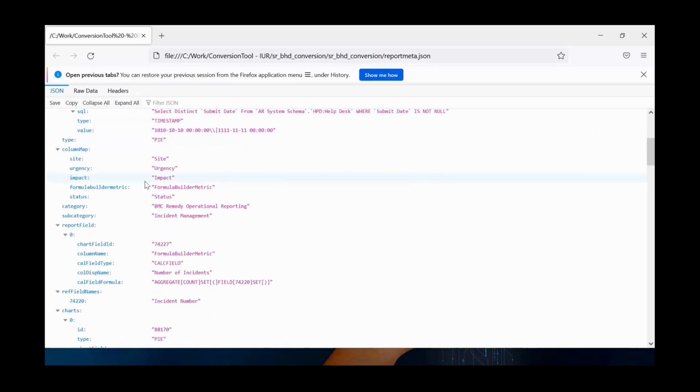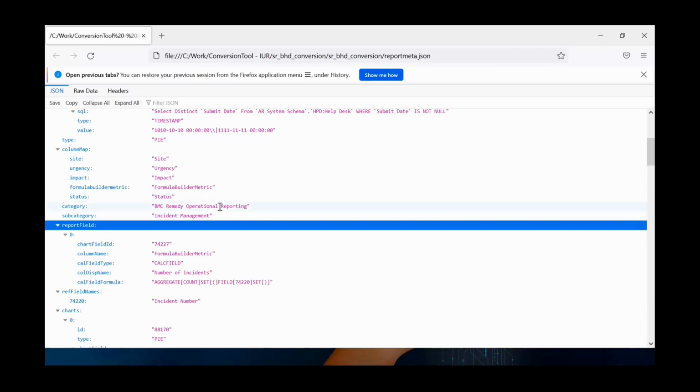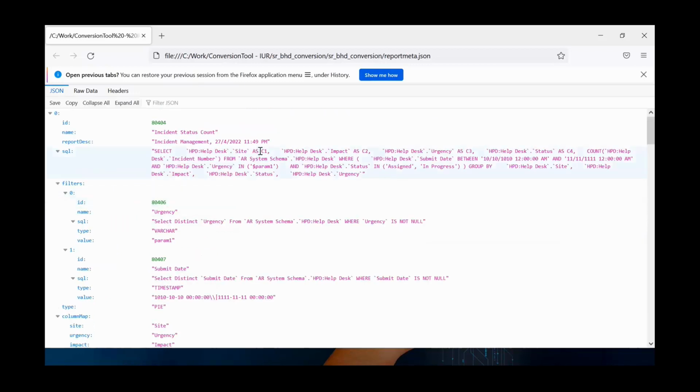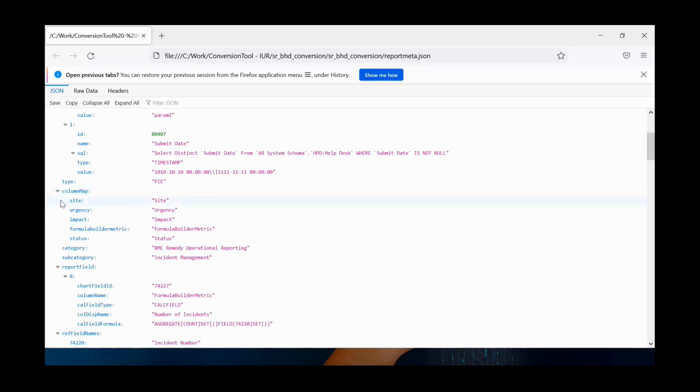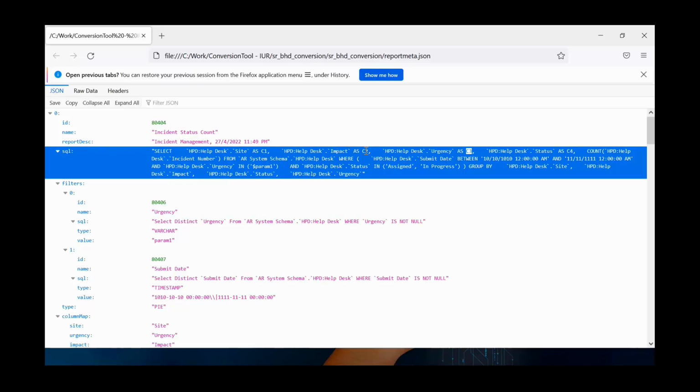So all these filters, then what all columns this report has. Since this query is provided with the alias C1, C2, not exact human readable names here. These are generated names by Yellowfin,